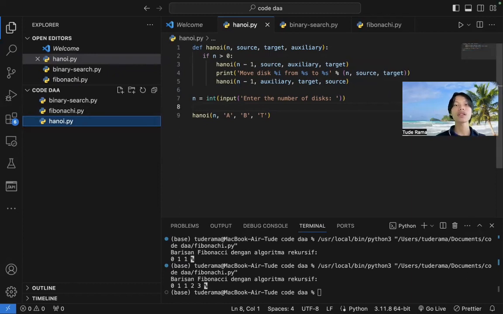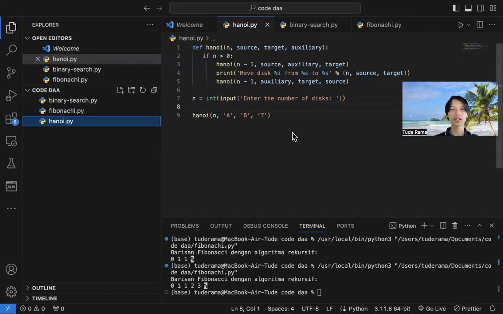And then we call the recursive function Hanoi with n minus 1, auxiliary, target, and source. And n is input from the user. So we define the source as A, target as B, and auxiliary as C.